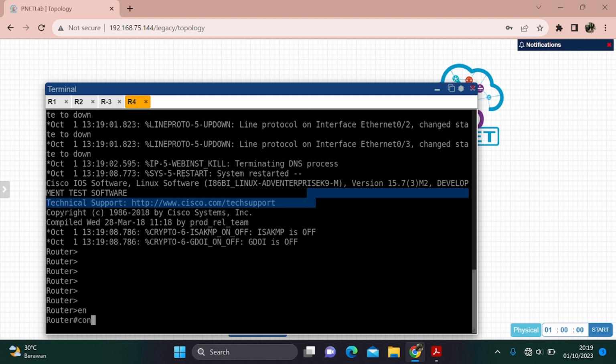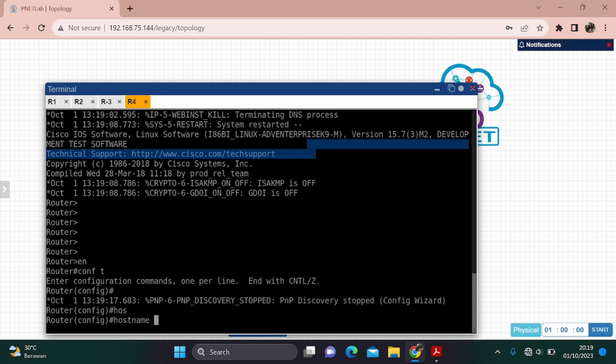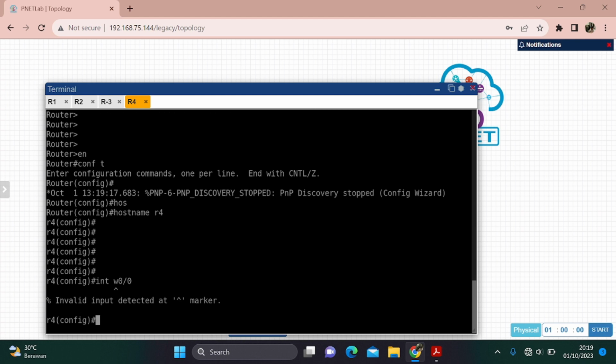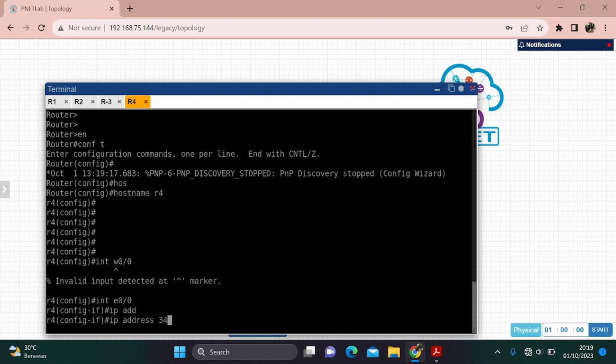Enable, configure terminal, and then first we change the name to that interface. Then we add the IP address.